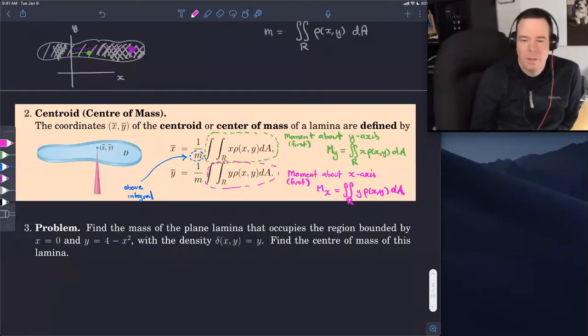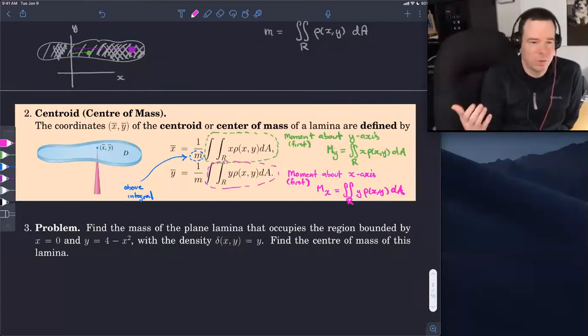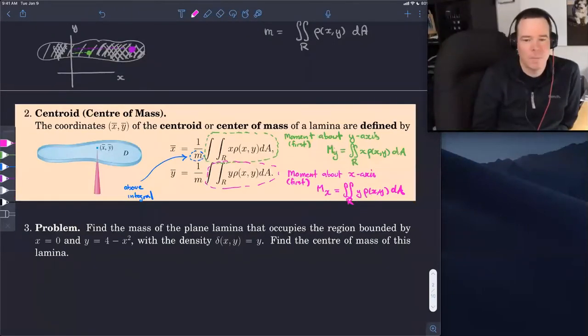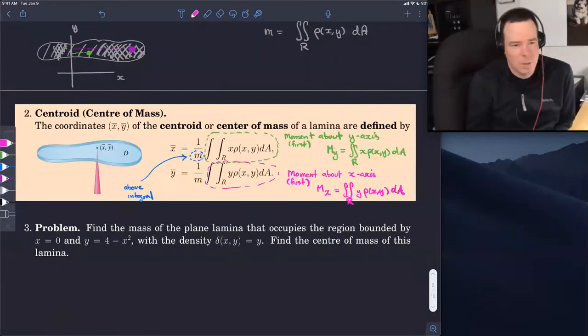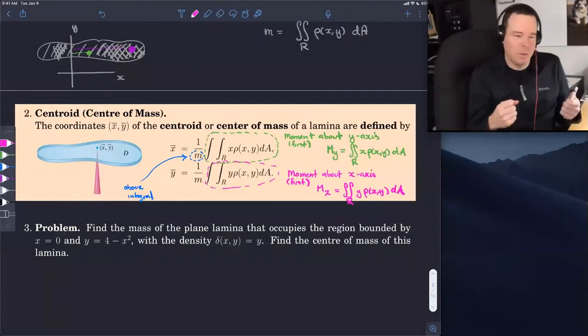So what mass is, in some sense, it's a measure of the resistance, if you will, of the object to change motion or to accelerate under a given force. So the higher the mass, the more force you need in order for it to change its acceleration. And in rotation, the rotational analog is, if you've got an object that's spinning, what is the concept that captures its resistance to want to change its angular acceleration? And it's no longer the mass. What it is, in some sense, is how the mass is distributed about the axis of